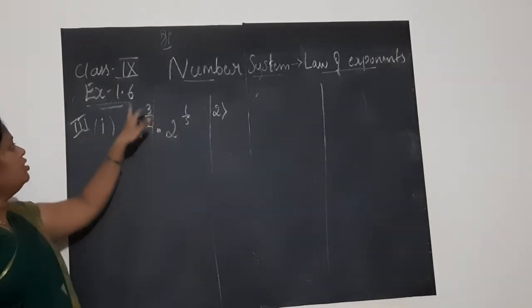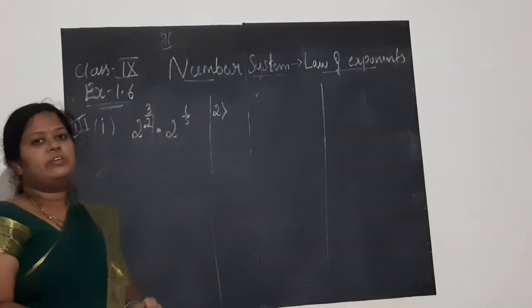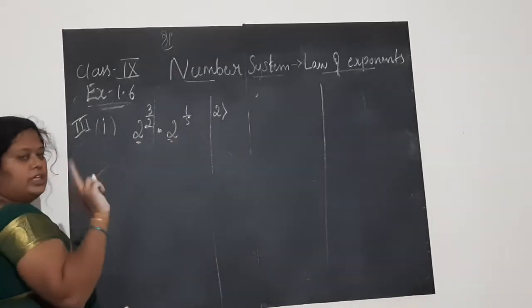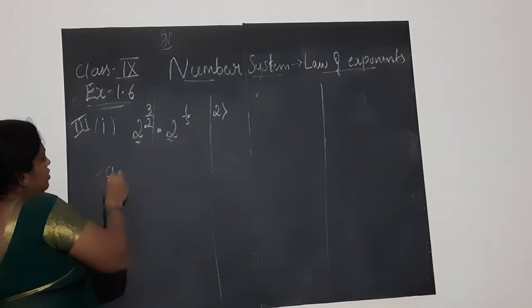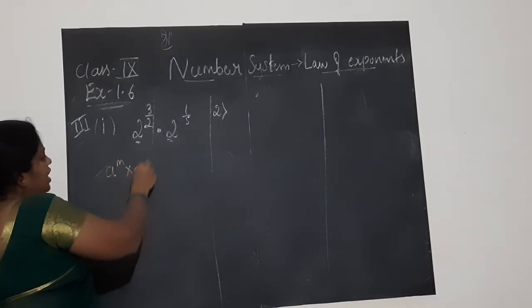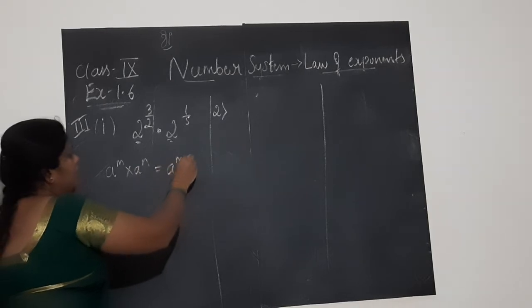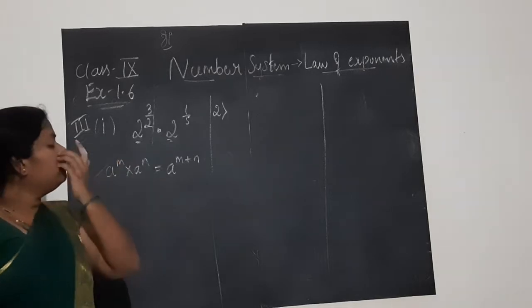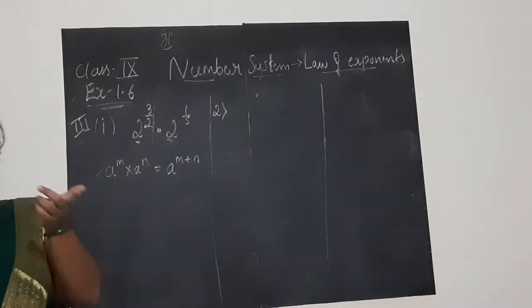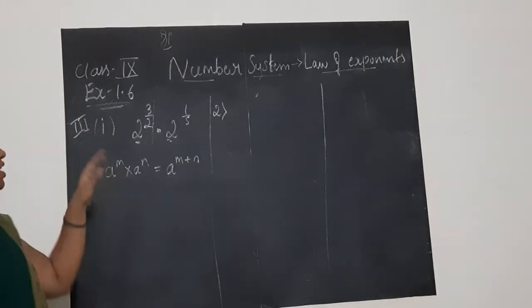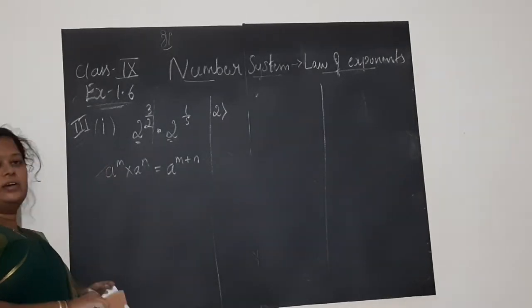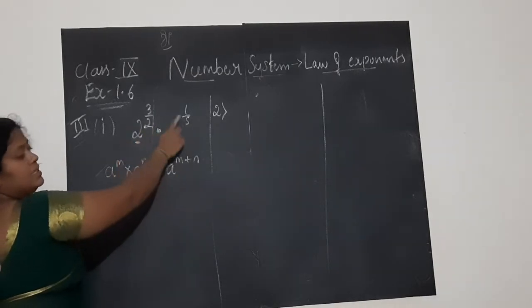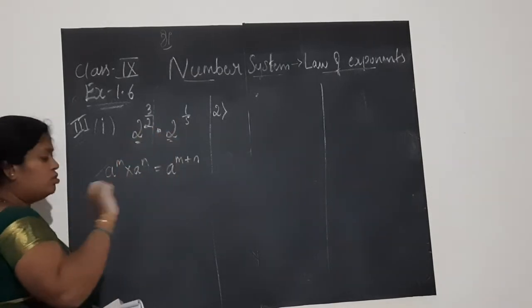Simplify this. 2 to the power 3 by 2 into 2 to the power 1 by 5 is there. If you observe this question, it has the same base 2. For both the terms, base is 2, correct? So it is of the form a power m into a to the power n, which is a to the power m plus n. First we did all the two mains with the same law of exponent, which was that a power m whole power n is a power mn. Here is a new identity: a power m into a power n is a to the power m plus n. You can apply this provided the base is the same. 2 and 2 bases are the same, children, so I am doing.